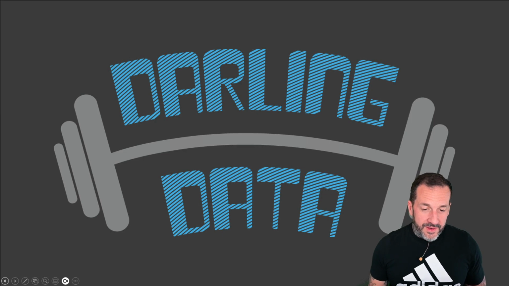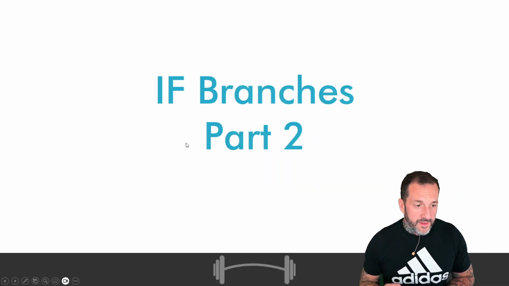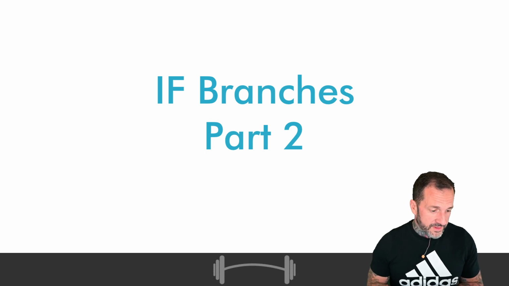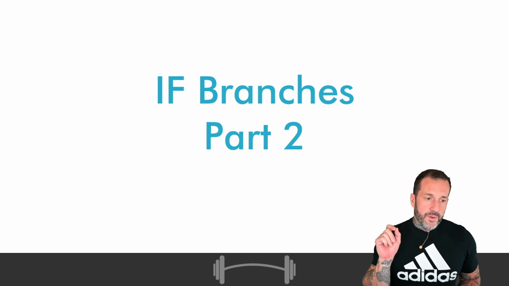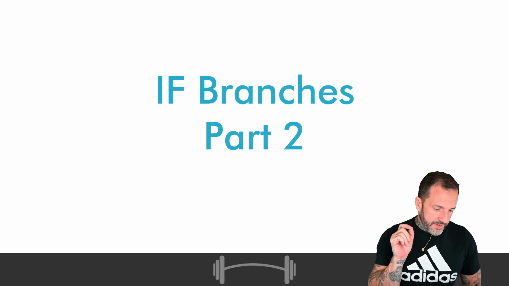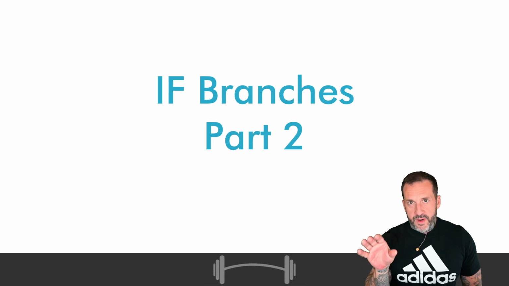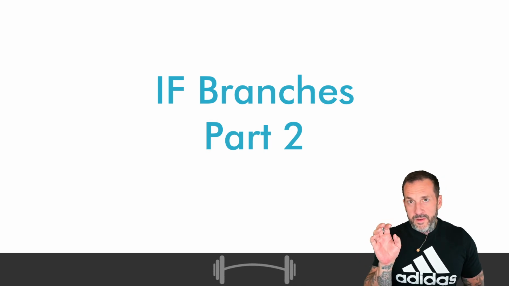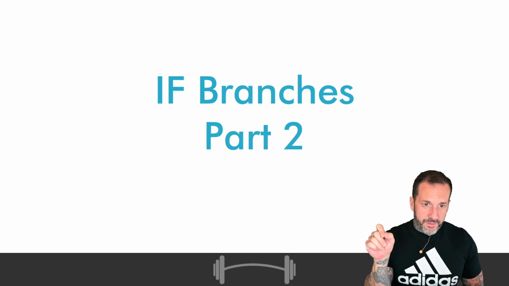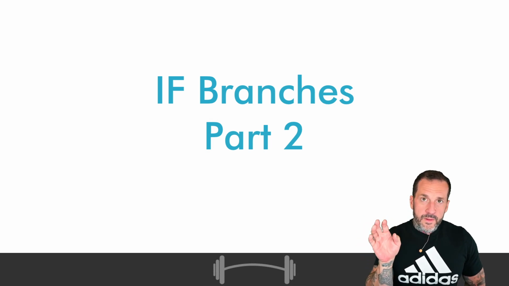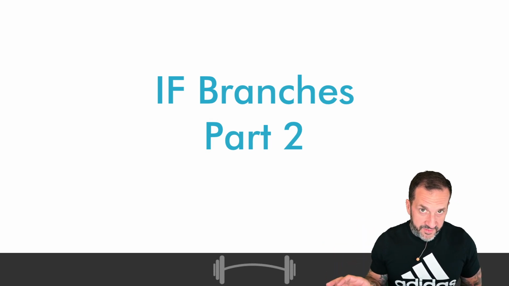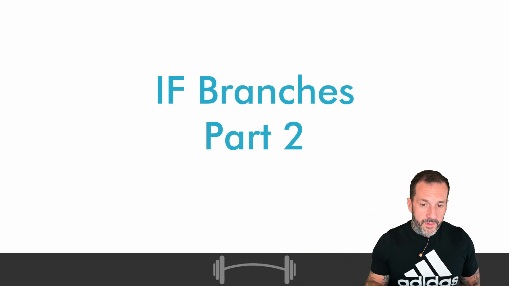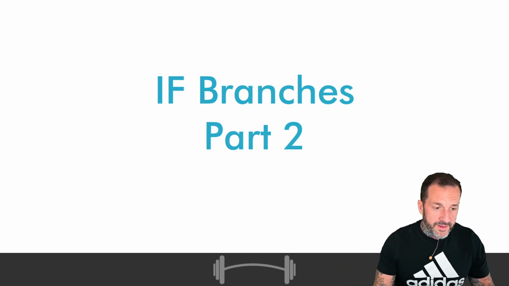In this video, we're going to continue on with talking about if branching. In the first video, we talked about some patterns and some problems that can arise when you use if branching in SQL Server stored procedures. In this one, I want to talk a little bit more about different ways I see people try to intervene with if branches in stored procedures, a little bit about with recompile versus option recompile, and one potential solution to the problem of if branching in stored procedures. It may work for you, it may not work for you, but we're going to talk about it, and we'll let you make up your mind if that's the right thing for you.